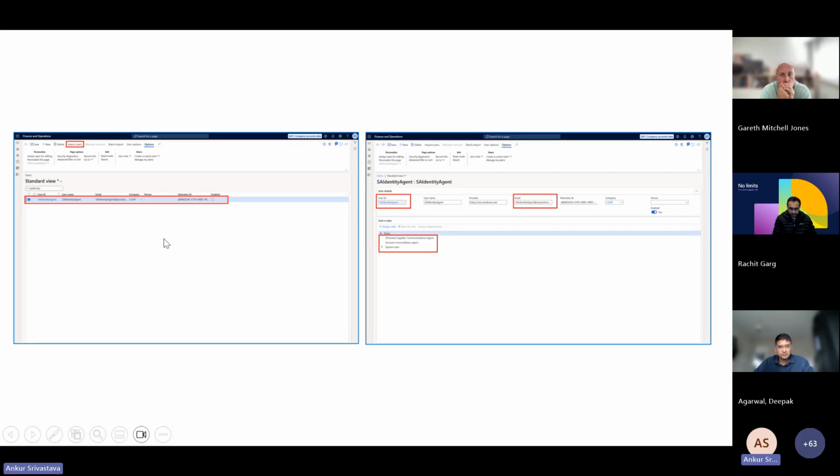Now, you have to go to your FNO. Whatever steps we have talked about so far were in PPAC. Now we are coming back to FNO, and we have to import this SA identity agent in your FNO. I have done this part here. The second part is that we have to associate the roles, and in the roles we have to assign the preview supplier communication agent role to this SA identity agent. Hope this is clear, as in the first slide where we said what we are doing, and this is what I tried to capture in this screenshot.